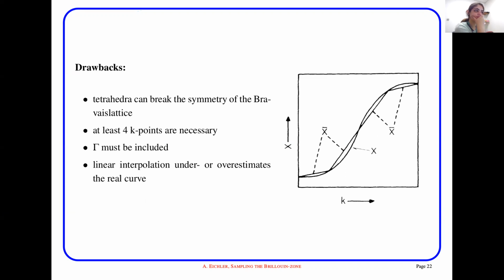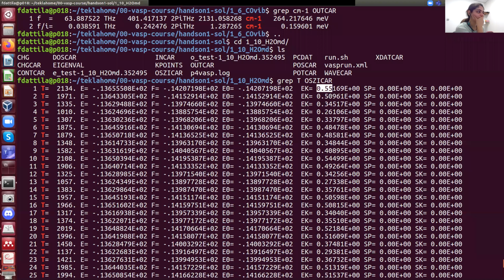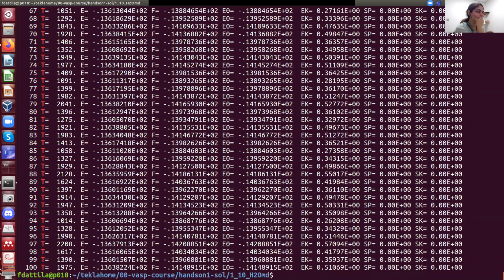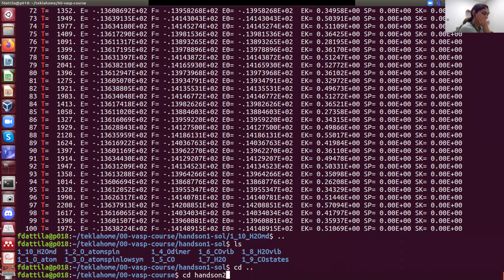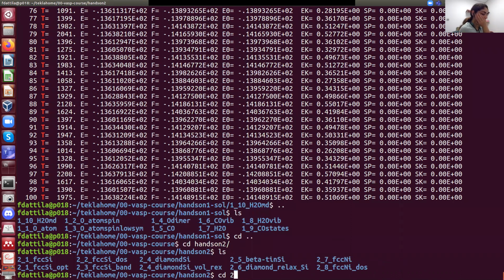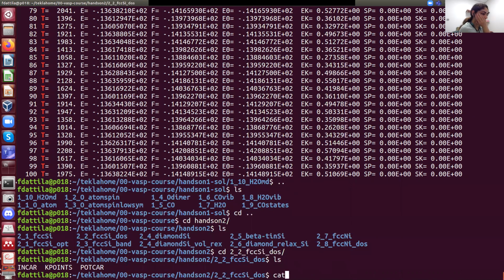Here they say that you need at least 4 k-points in general. What does it mean? It means that you need to give as input of this tetrahedron method... I mean, not that. You need to explain better. Let me see, but I think actually we have it already in there. This is too abstract. But let's go, because if I remember properly, there is one case where we are doing that. We will need to use it in the answer for next week.